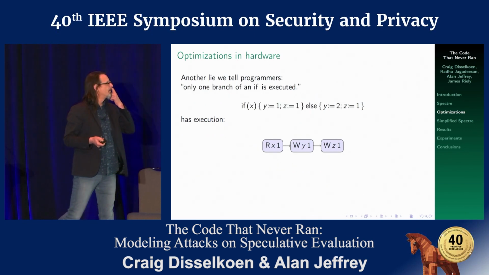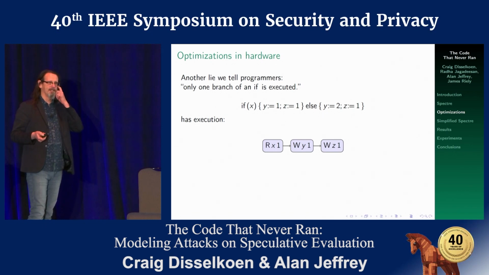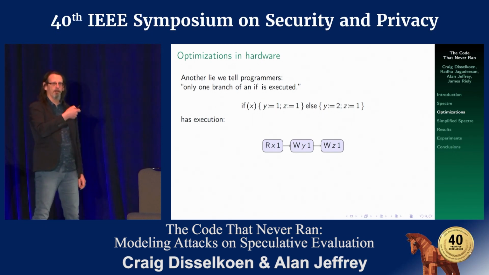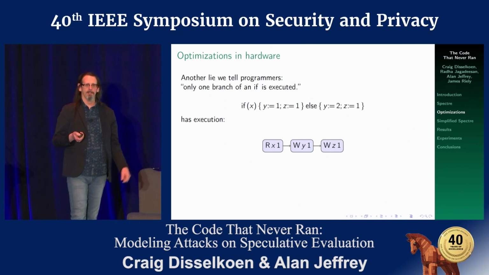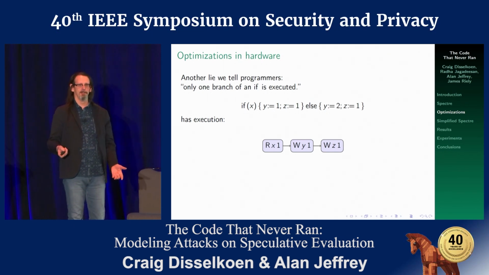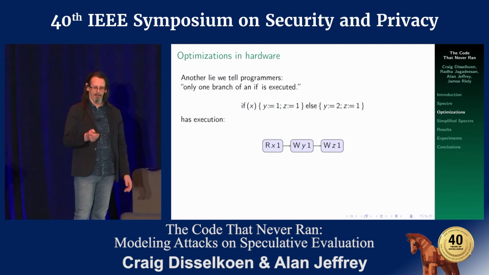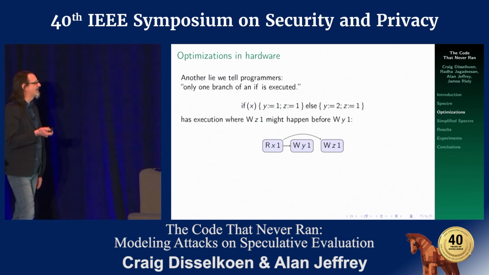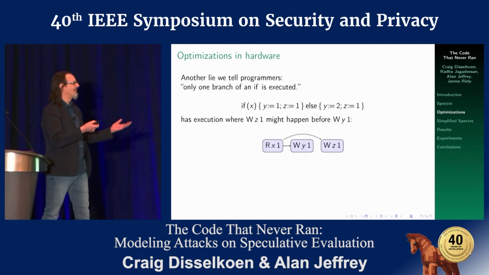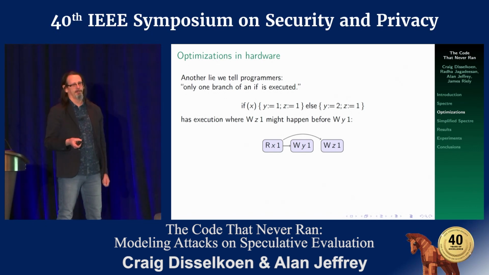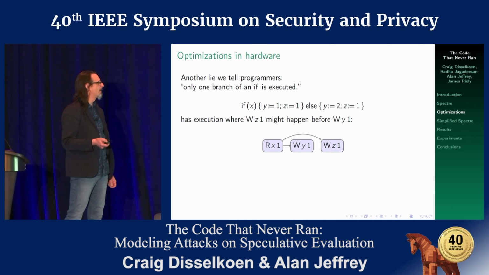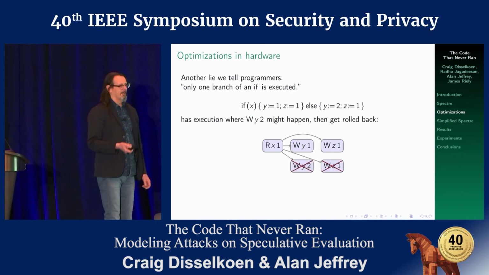Right, well, what's happened with speculative evaluation? Well, it's a similar story: we've got this lie that we tell people that you've got an if statement there, and one of the 2 branches is going to get executed. Ha, ha, ha. Right, well, first of all, we've already seen that there's an untruth there, because that write of z does not depend on the write of y, so there's a lack of dependency. But also, there is actually an